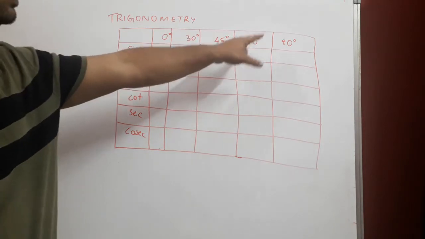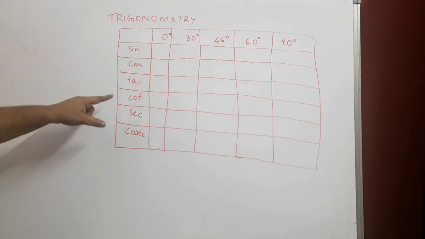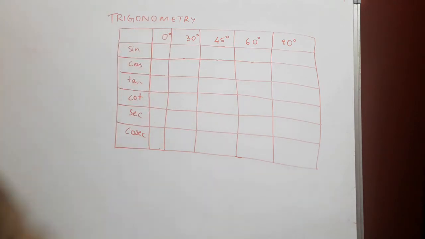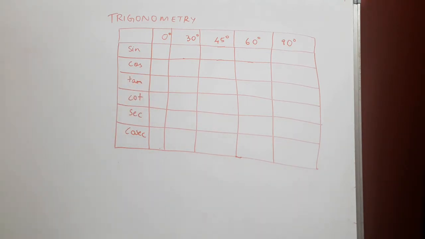degrees, 45 degrees, 60 degrees and 90 degrees, and we need to know the sine, cos, tan, cot, sec and cosec of each of these angles. Now, not to worry, it looks quite daunting, it looks difficult to remember this table, but it is not so difficult. We'll make it easier in this video, so keep watching as we fill up these columns, these rows. We'll make this table first and then we'll learn how to memorize or make this table easy so that we can apply them to solve various trigonometric problems.